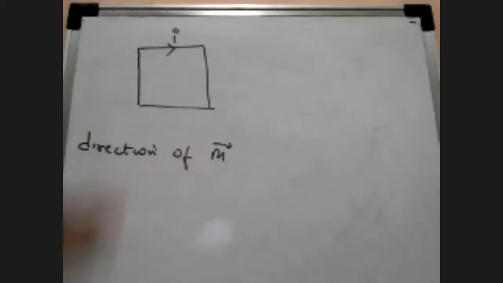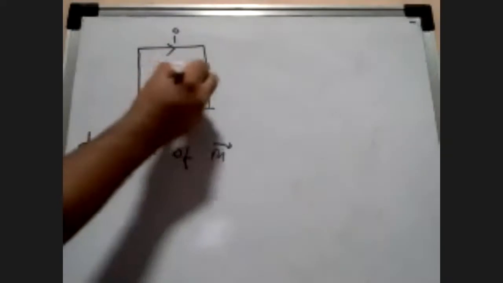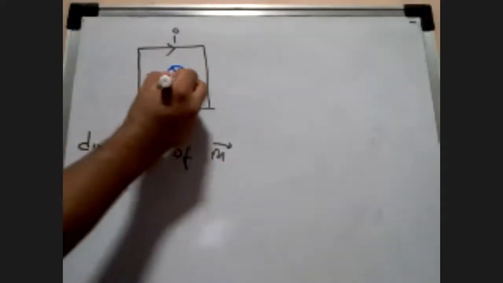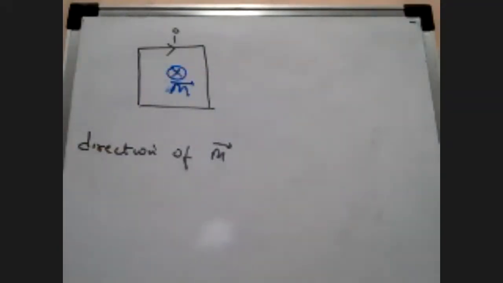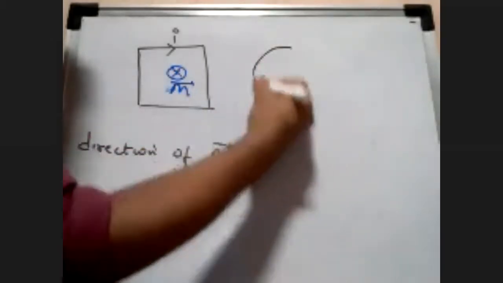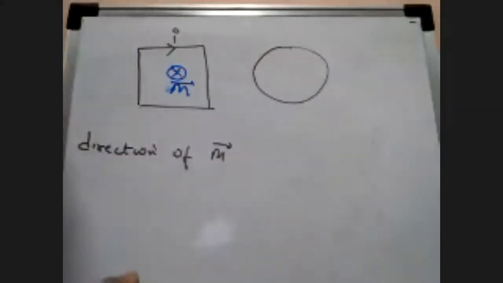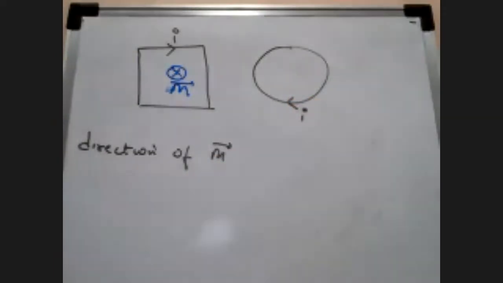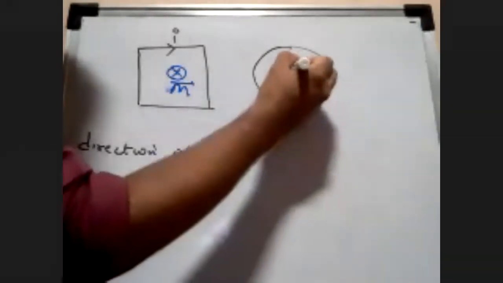Of course, you took your right hand, curled it around, and the thumb is going inside. So the magnetic moment M is going to be inside. It's denoted by capital M; sometimes I make the mistake of writing a small m. Suppose it was a circle like this, and my current is now in this direction. Where is my magnetic moment, outside or inside the board? It's again going to be inside.